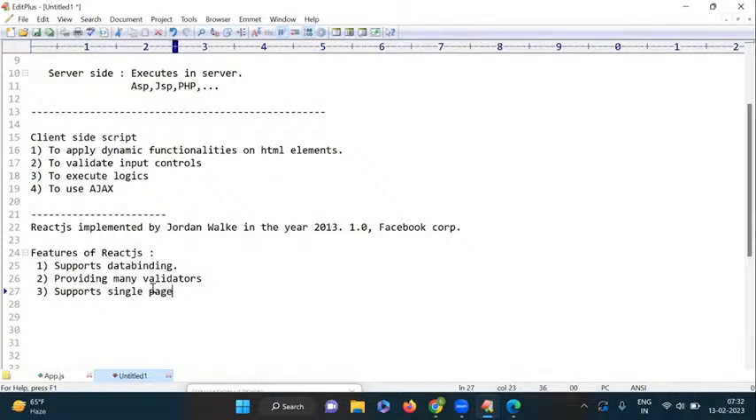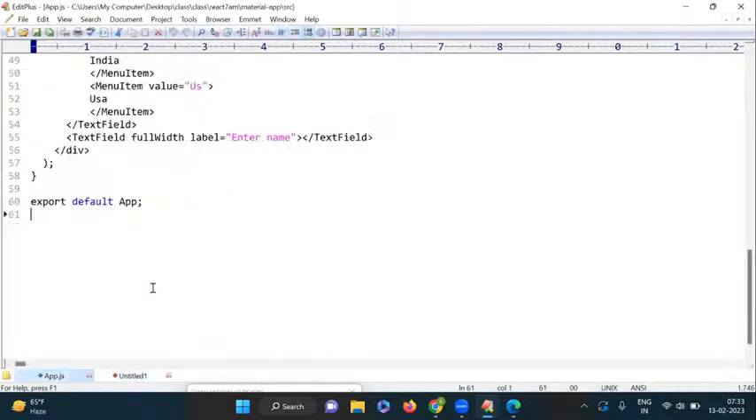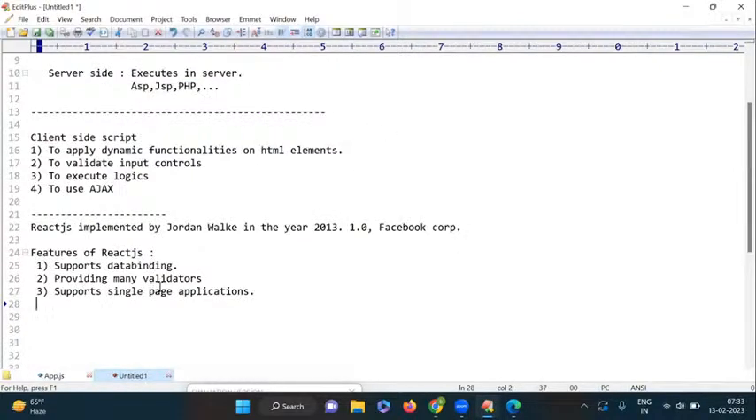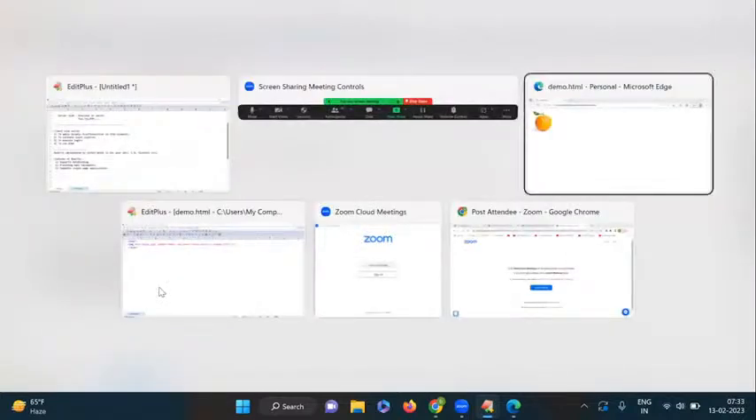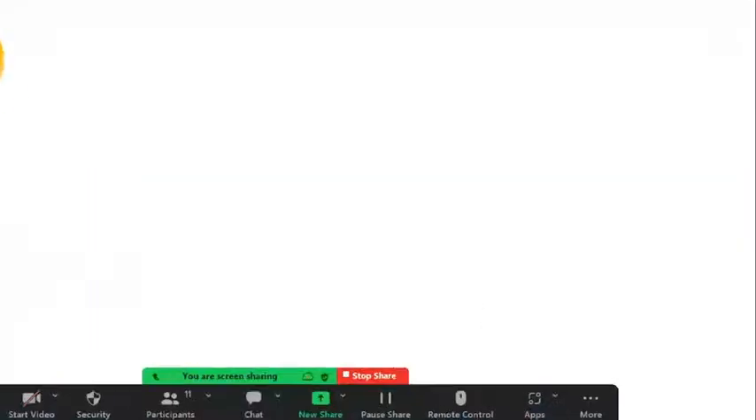Next one, supports single page applications. The next advantage is that React supports single page applications. What is a single page application? What is the advantage of a single page application? It is a very important and very popular concept. I will give you just a simple overview. See, for example,